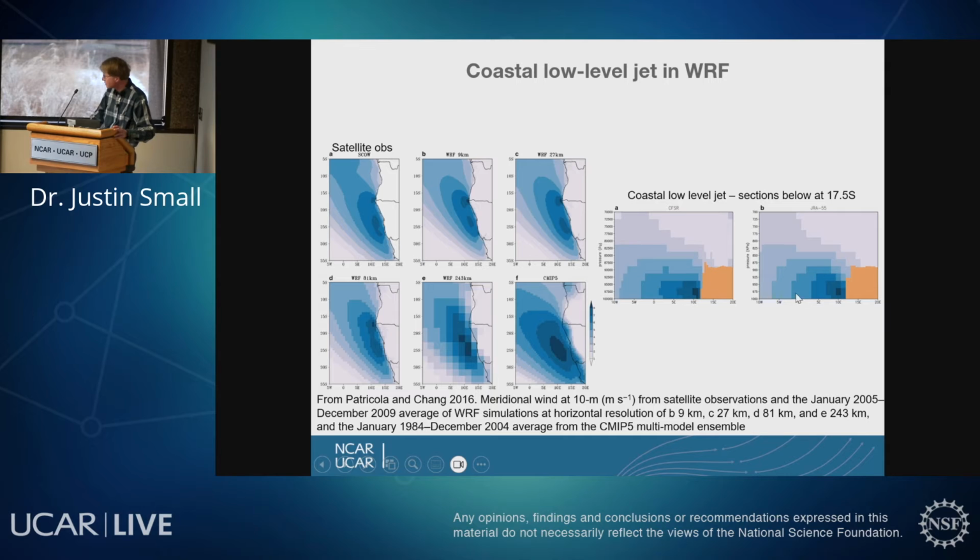So this is the low-level jet, and then these are showing the spatial distribution of that jet. Similar to what we found with CSM, this is satellite observations on the left, with a double core. These are the high-resolution runs at the top. They have the double core, 9 kilometers, 27 kilometers. I'm not showing the 3 kilometer here. And then as you go coarser, it goes towards a single core further offshore, which is like this CMIP5 representation. These plots are of tau y.